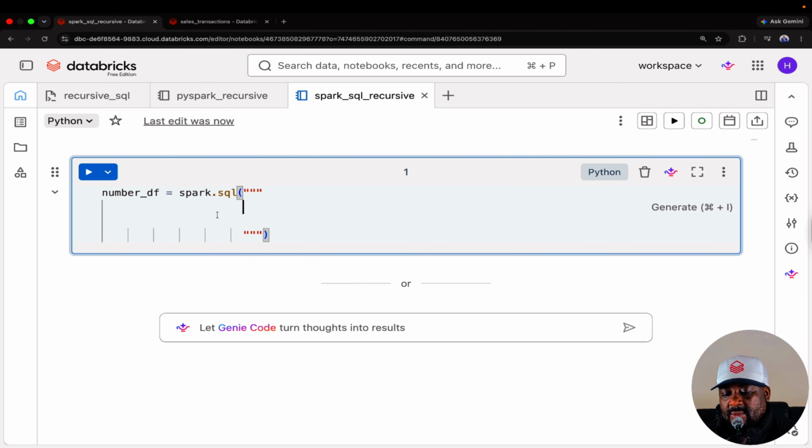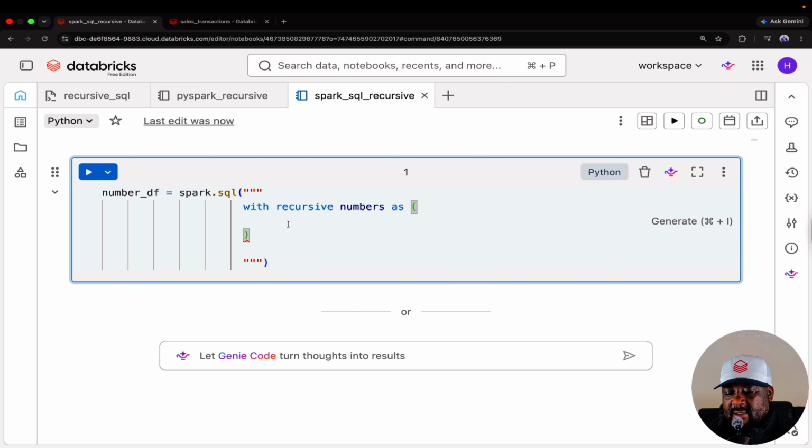Yeah, we want to indent our code very well for readability. So now let's begin, of course, with a WITH function, because we are going to create a CTE, right? WITH RECURSIVE, name the recursive numbers AS, bracket open. Now we write as CTE within it, just as we did previously. You need to begin and tell recursive SQL that your first value is 1,